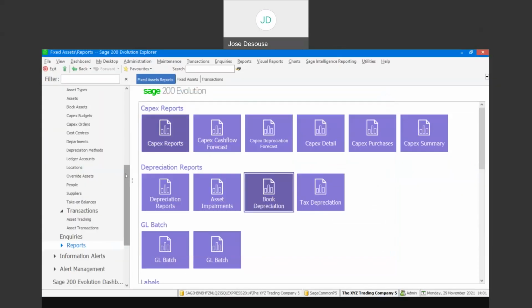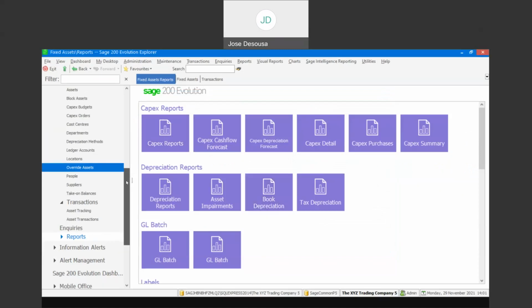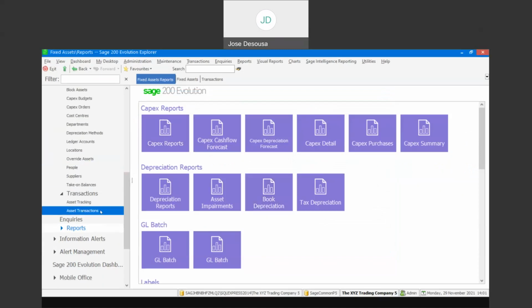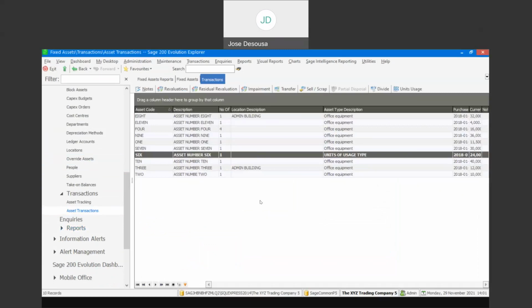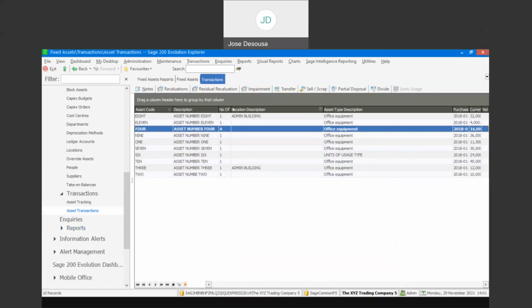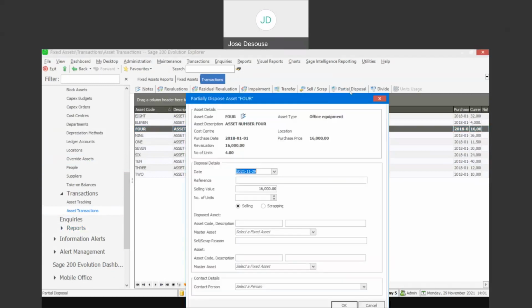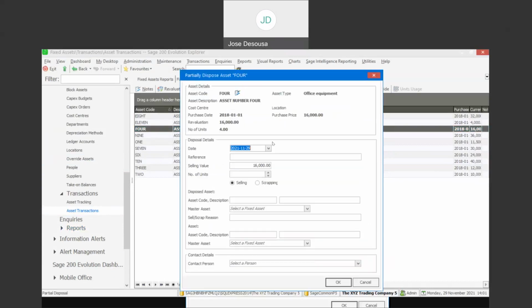We then have the ability to process partial disposals. Partial disposals are only applicable to assets whereby the number of units is more than one. So I've got an asset there consisting of 4 units, and I'm now going to process a partial disposal. So a portion of those assets, or the number, are going to be disposed of,